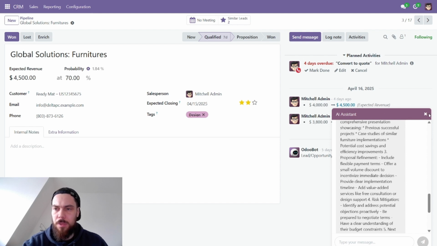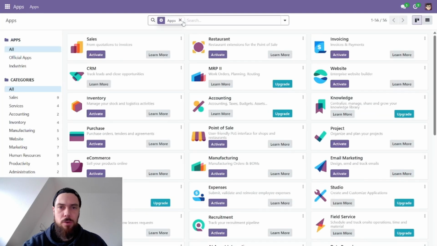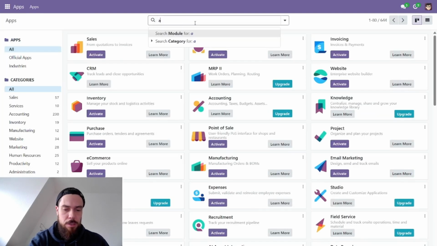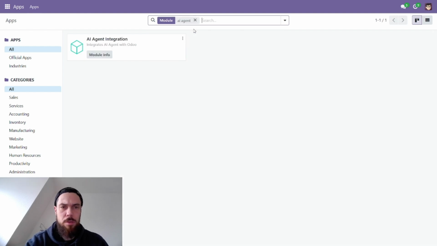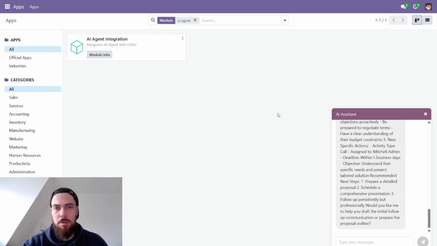Yeah, and also if I go to apps, one thing I didn't show is how I installed it. I think that's right. So this is from the add-ons that I developed, and this is how you add it. You go uninstall, and then install, and then it has this little bubble. So it's a decent little project so far. And that's where I'm at currently.